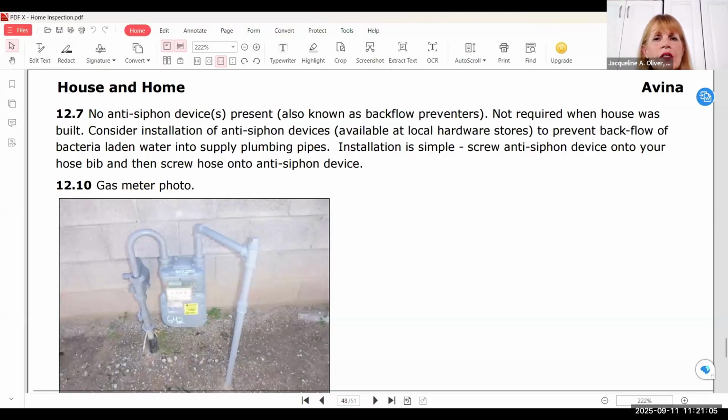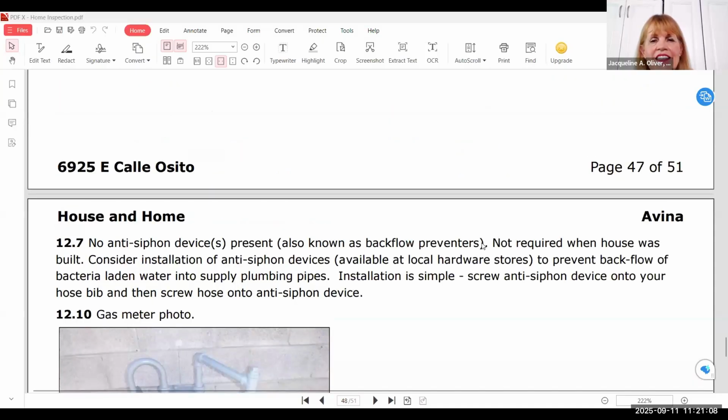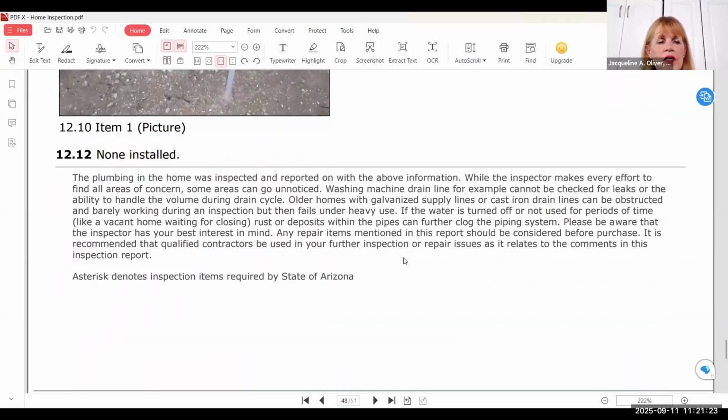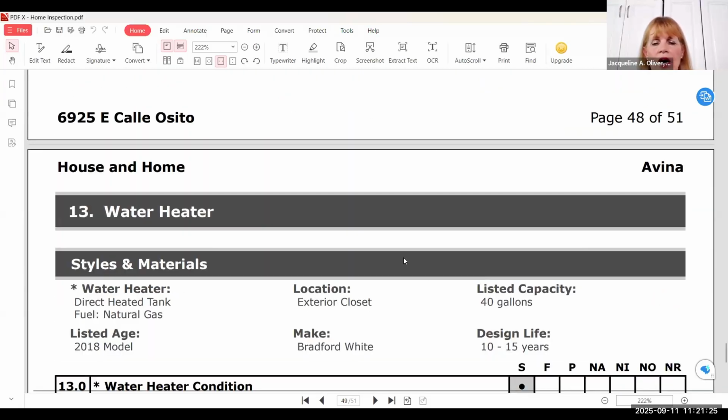Oops, I don't want this on. Let me get this out of here, trying to get rid of this news. Okay, there we go. It escaped and it let me out.